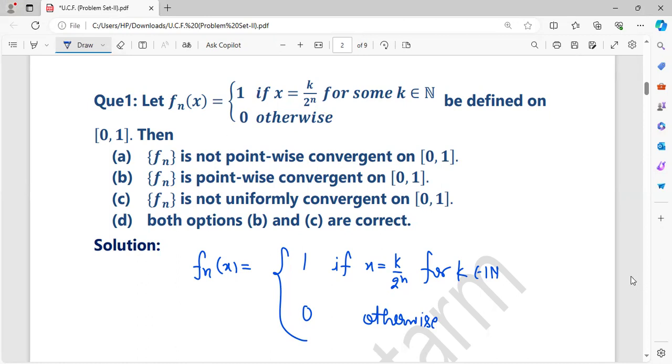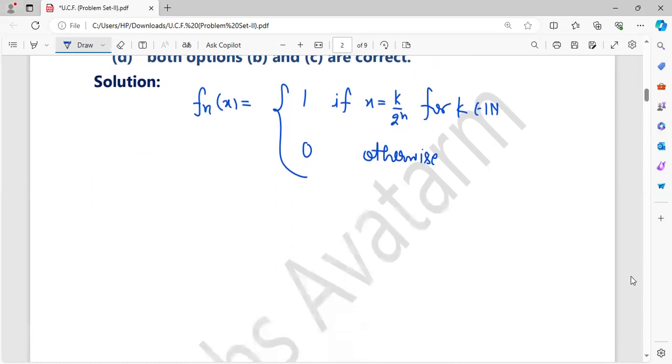So let's see whether the pointwise limit exists or not. If x is equal to k by 2 to the power n, then this implies x is also